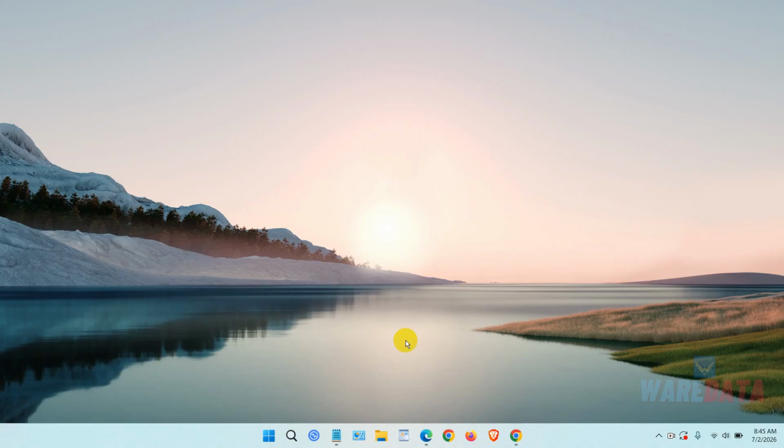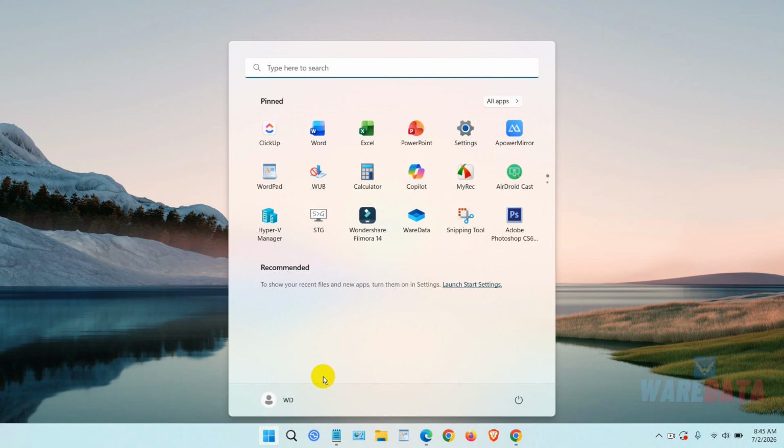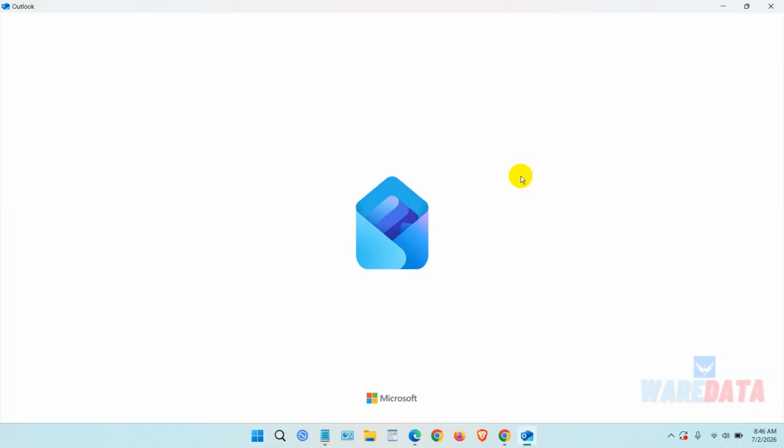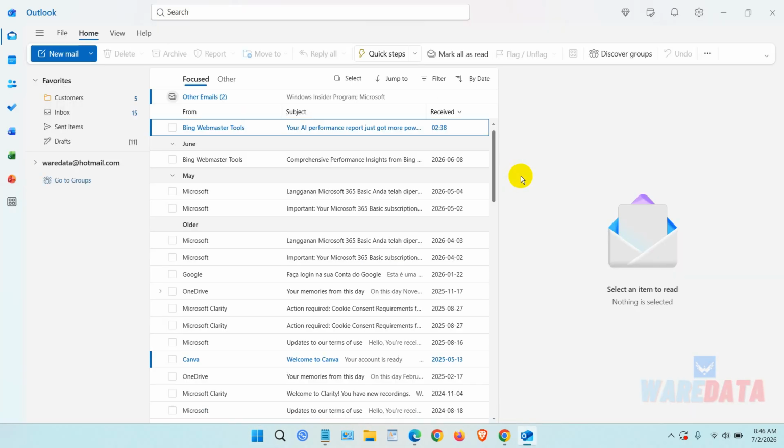In this video, we will show you how to save Outlook emails in PDF format. This is very easy. You can save a PDF from Outlook emails. How to do that? First, if you're using the Outlook desktop version, you can open your Outlook application, then find